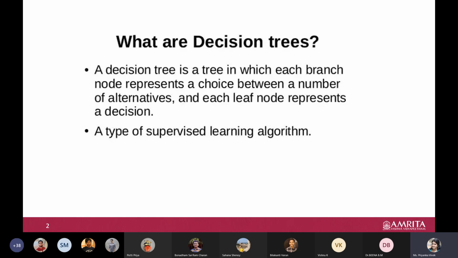So you have a root node and other nodes which are some kind of decisions based on the attributes. And then when you come to the end, when it is the leaf node, it is your final decision or your class labels. So we'll see the example.